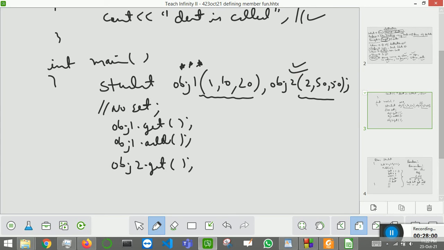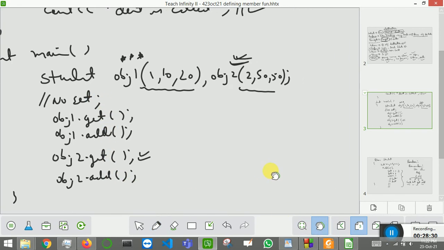Second step is assign values, and now I do not need to assign values using the set function, that is also done here. Third step is print values, and then add values. Okay, so this is how you will use a constructor. You should notice the difference here. First difference is that your object will be created like this. Second difference is you will not be calling any set function, you will simply call the get and add functions.